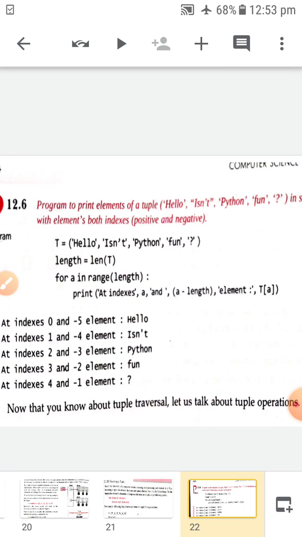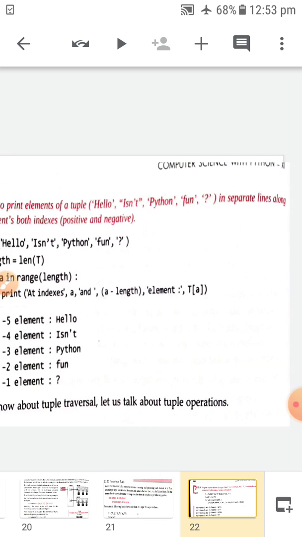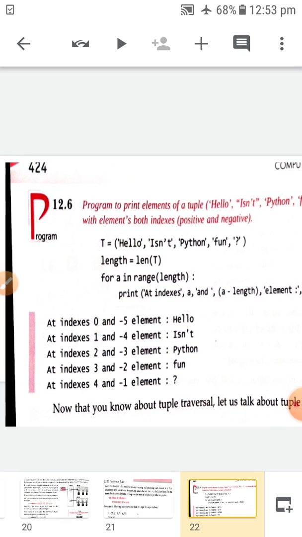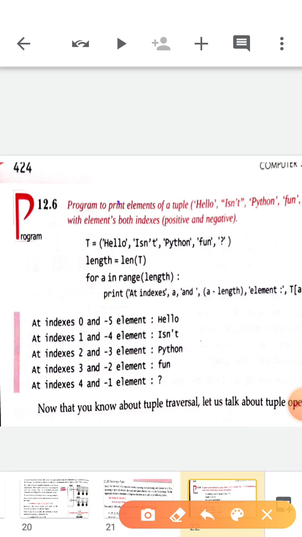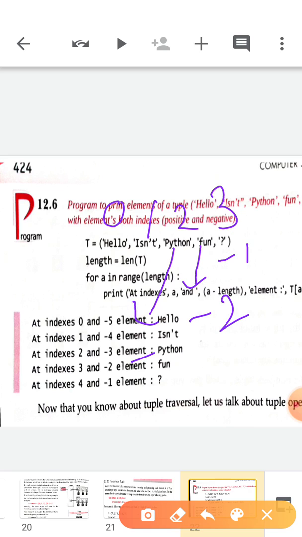Now write a program to print the elements of a tuple, hello, isn't it Python fun, in separate lines along with the element's indexing positions, both positive and negative. Now this is your 0, 1, 2, 3. This is your forward indexing. And when we are talking about reverse negative indexing, this question mark is at -1, fun is at -2, Python is at -3, isn't it at -4, hello is at -5.